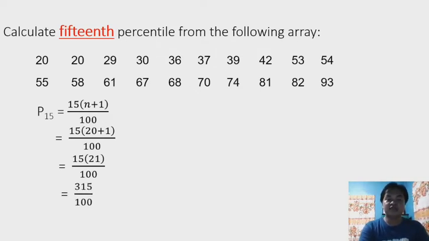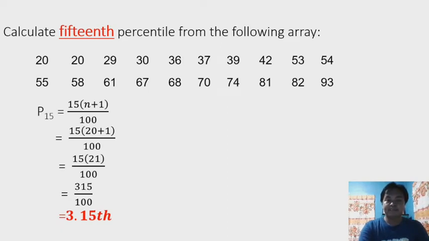So 315 divided by 100, the answer is 3.15. So ibig sabihin, ang 15 percentile based sa given data ay nasa 3.15